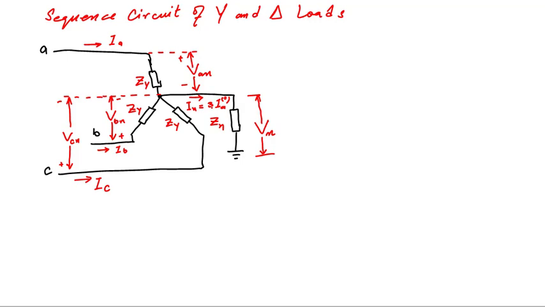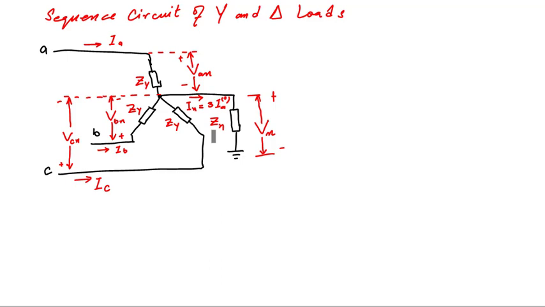So here the line currents IA, IB and IC, their sum will be equal to IN. That current will flow through the path between neutral and ground. In our previous lecture we have seen that the neutral current is equal to 3 times IA0, the zero sequence current. When this current passes through impedance Zn, it will cause a voltage drop across Zn in this polarity. Now if the system is balanced, then it doesn't matter whether we measure our phase voltage with respect to neutral or ground. Both mean the same voltage.